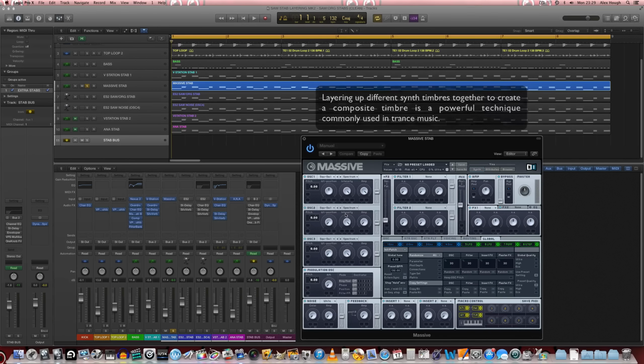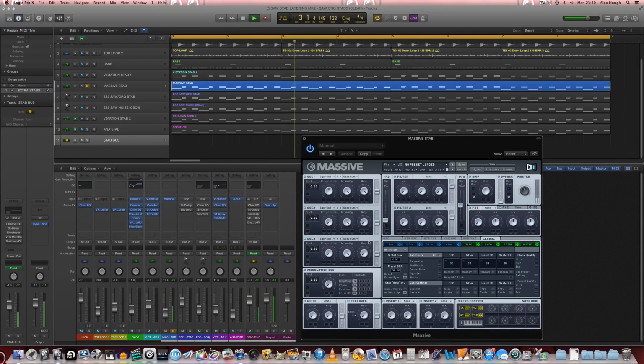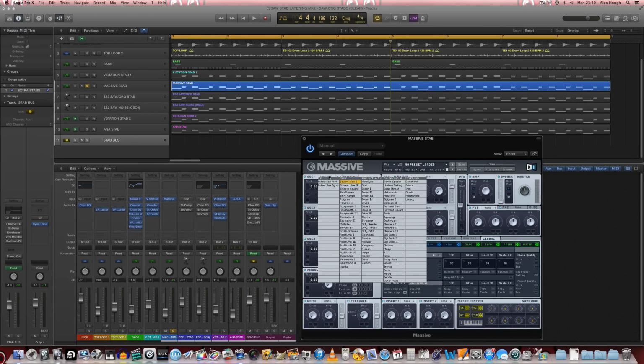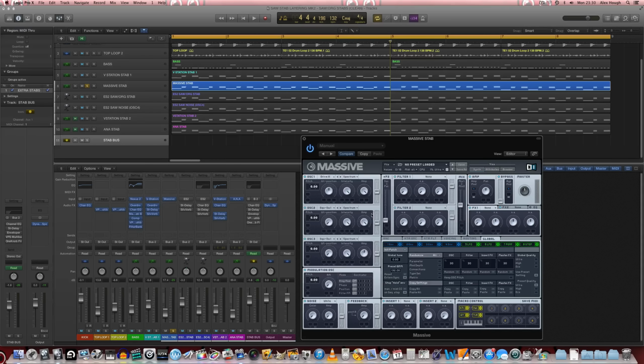Next we're going to have a look at how to create a stab sound in Massive to layer up with our V Station one. So here's just the built-in standard preset that comes up when you load up Massive. So first thing I'm going to do is turn on the amplitude of all the oscillators, and I'm going to select drive 3 for the first oscillator, change the wavetable position and detune this by